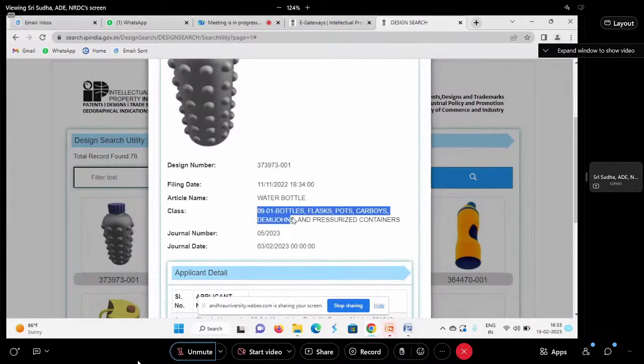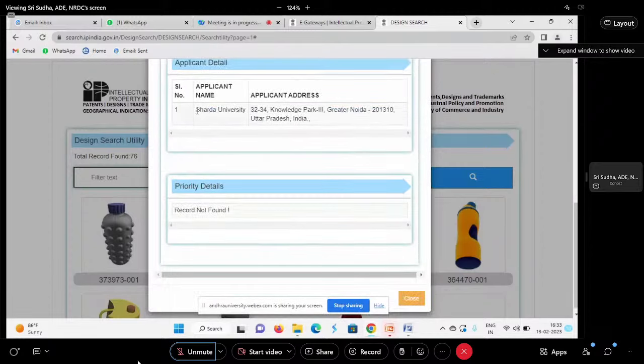So you can see the class also. Under class number 9, they have filed. Okay. So it was filed in November 2022. And who is the applicant? Sharda University, Noida. So they are the applicants for this application,